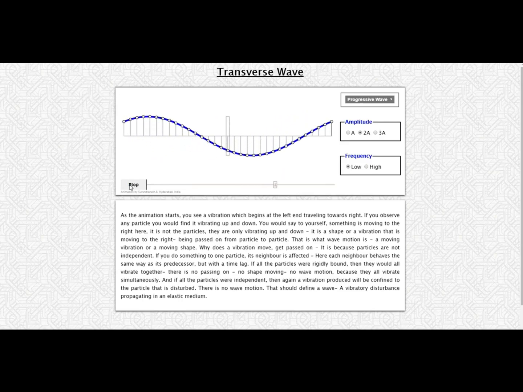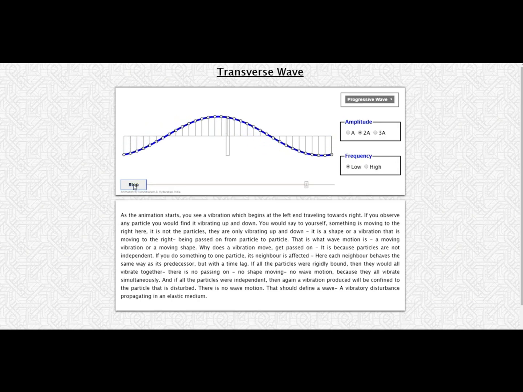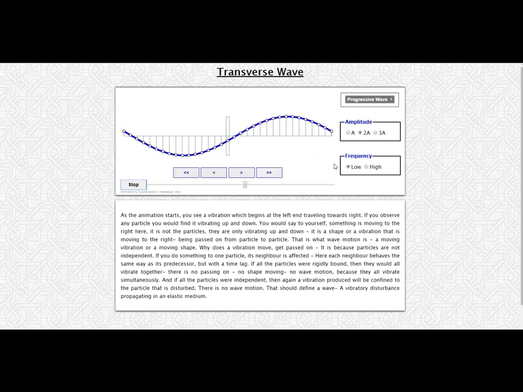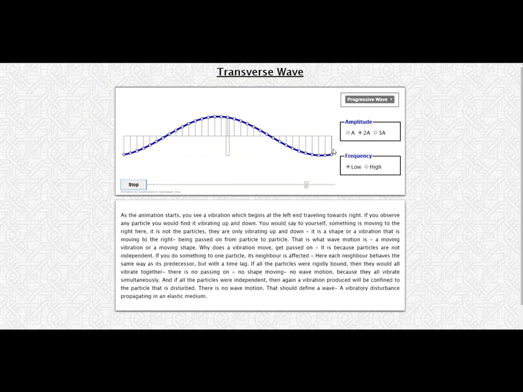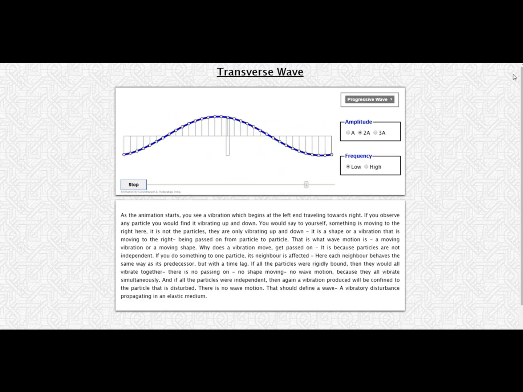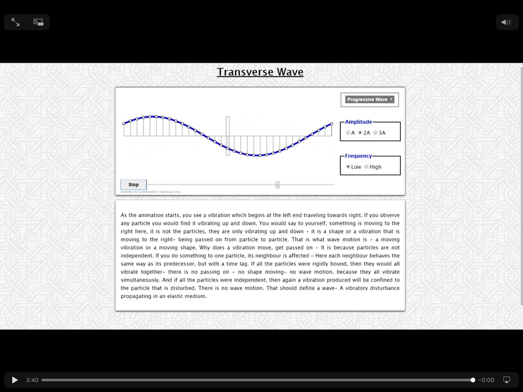Finally, there's one more thing I want to show you. Just make sure I stop it at the beginning here. Good. Again, notice that on either end, the two ends are one wavelength apart. Now watch how the two ends move. Can you see how the two ends are basically moving identically to each other? We call that in phase. So when they are one wavelength apart, they move in phase with each other. Good. There we go. That's a transverse wave.